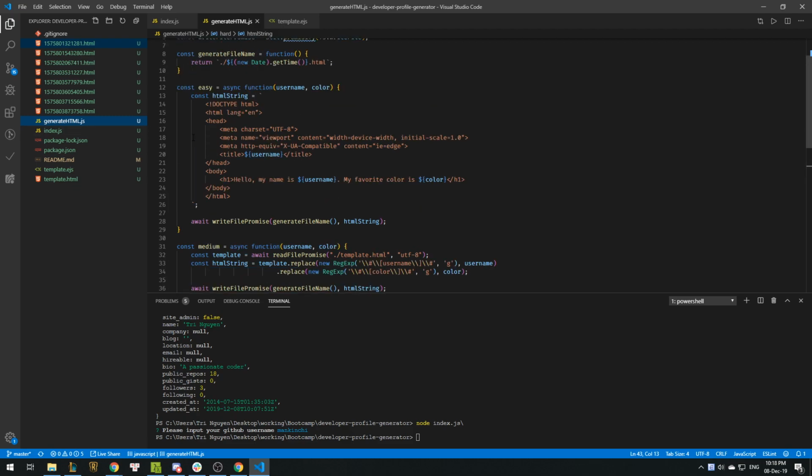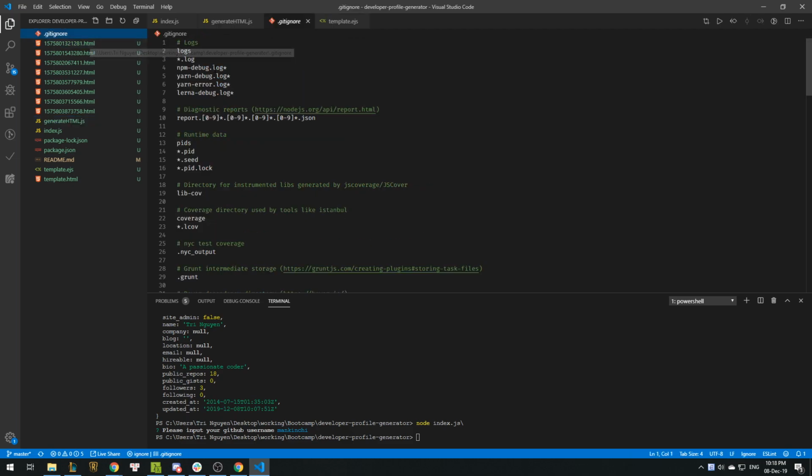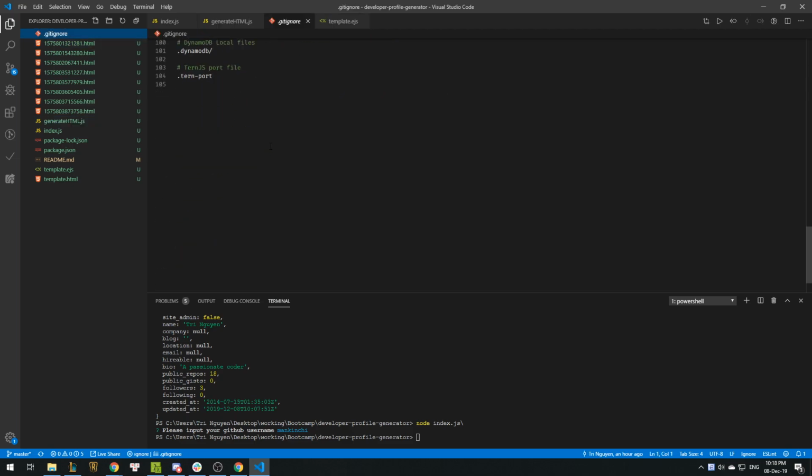But given that sometimes you're gonna say, oh, I need this in here. Maybe it'll be your cache, maybe it's your log or something. Maybe you don't need that. Like that's the point. You don't need them at all. So what can you do about it? What you can do is use .gitignore,